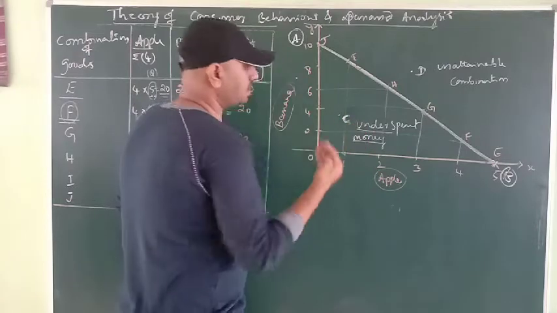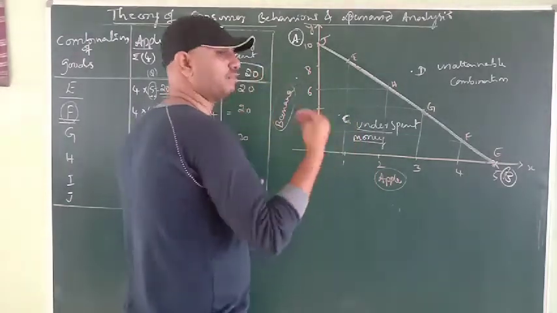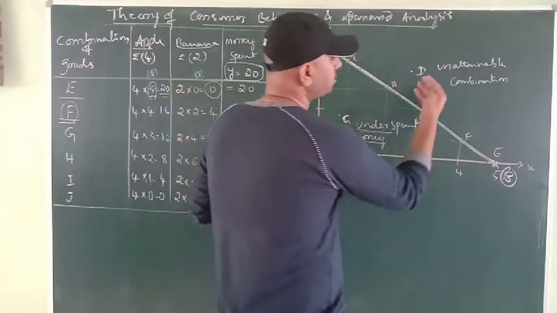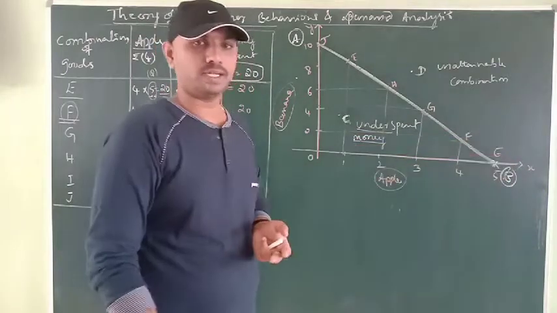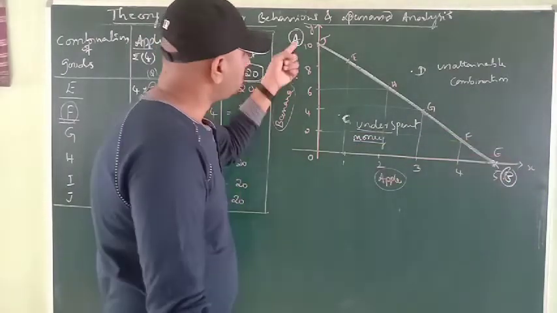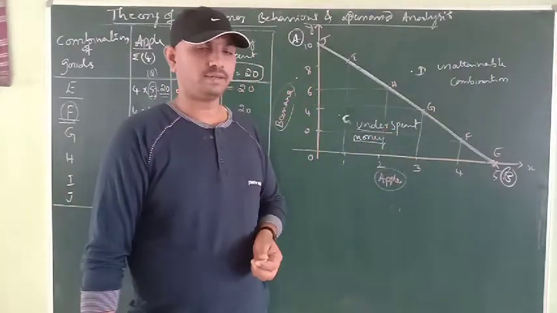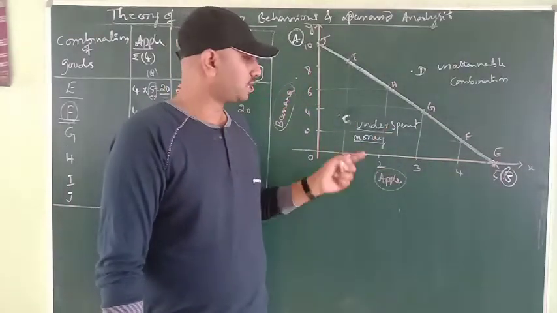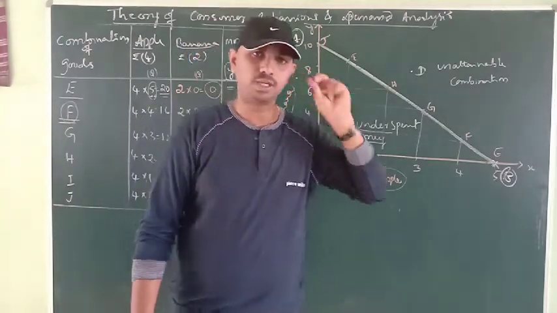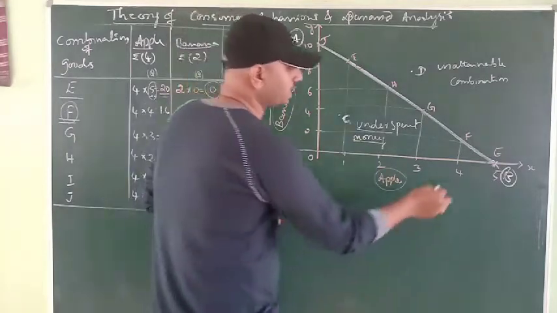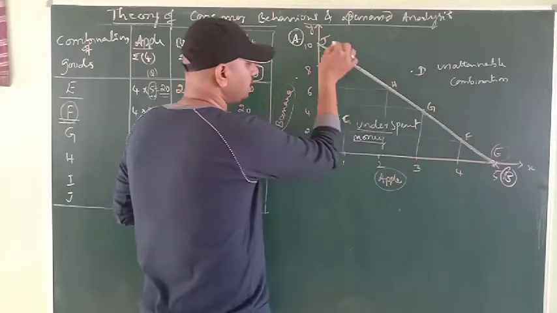Okay. In such case, C and D points are called as follows. The first one is underspent money, where the consumer doesn't want to be satisfied by spending the least amount for a higher satisfaction. At the same time, you don't want to spend more money when it lies above the budget line. So coming to the first one, the budget line always slopes from left to right downwards, a sloping straight line. Okay. At the same time, here the budget line possesses n number of bundles, and those bundles are called a budget set. And here the budget bundles are E, F, G, H, I and J.